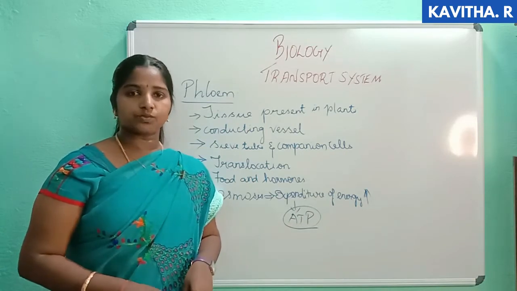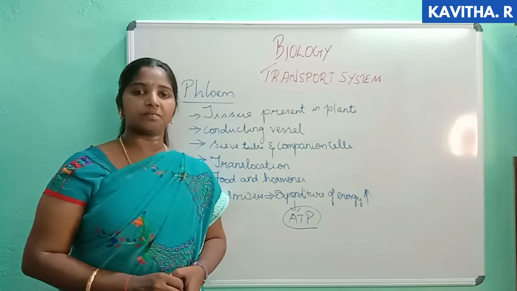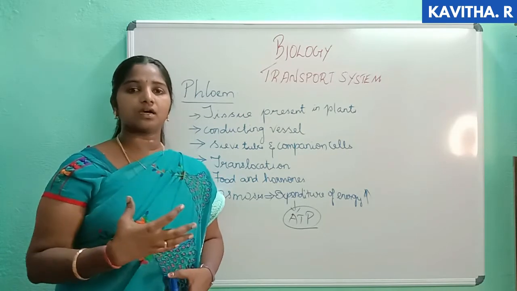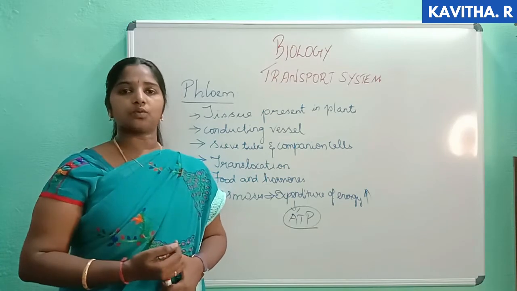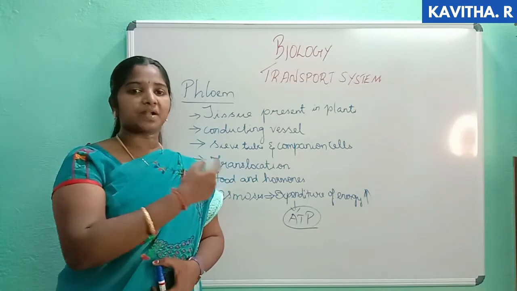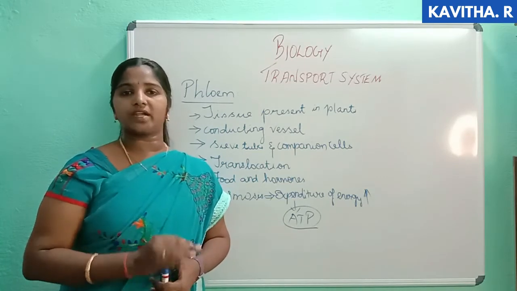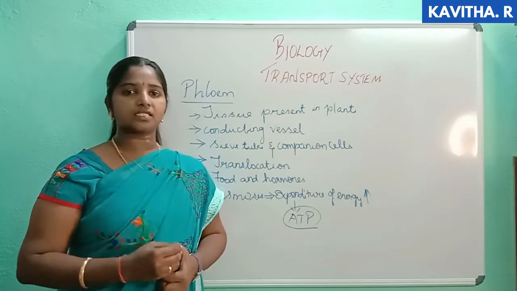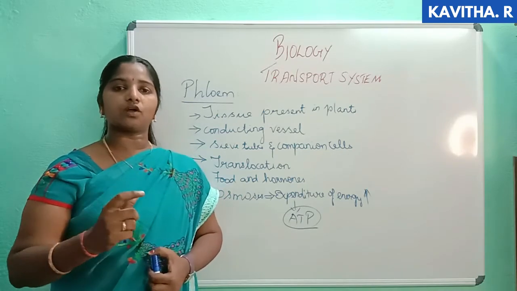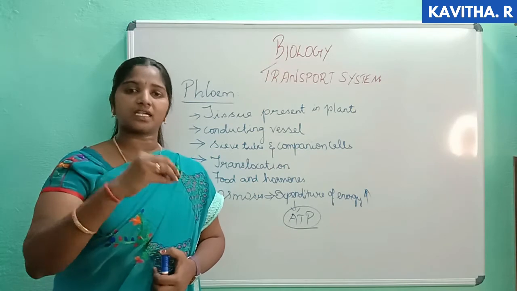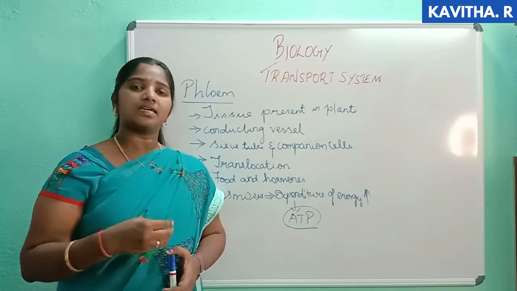In the next class, we will be seeing about the circulatory system in the human body, how the circulatory system takes place and what components are involved in it. In plants we have seen only two things, that is xylem and phloem, but when it comes to the human body, it is not like that. N number of organs are involved in transporting all the substances. Each and every organ is used for transporting certain substances. All these things we will see in detail in the next class.